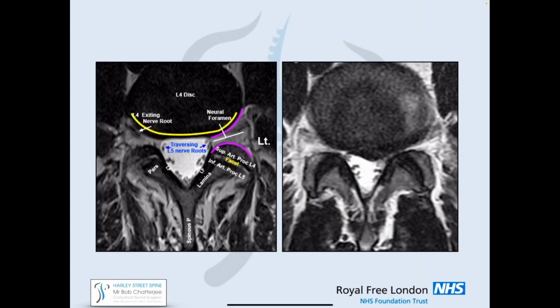I put this picture up just to explain to some about nerve roots, really. So sometimes you get the wrong nerve root. On this picture here, you can see what we talk about, the lateral recess. If you look at the blue arrows on the left-hand picture where it says traversing L5 nerve roots, that is one area of compression, and we call that area the lateral recess or paracentral, if you like. But the nerve roots then travel laterally out through